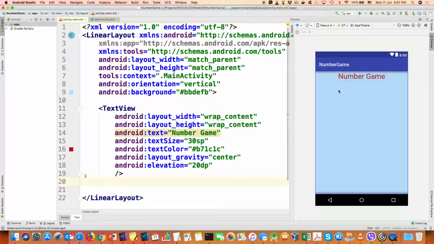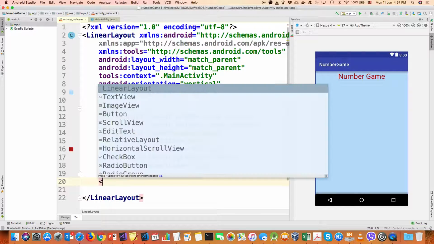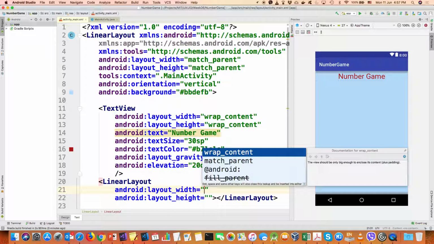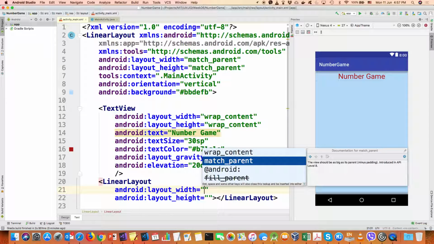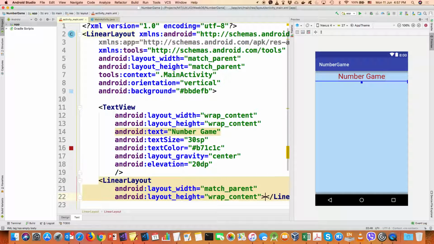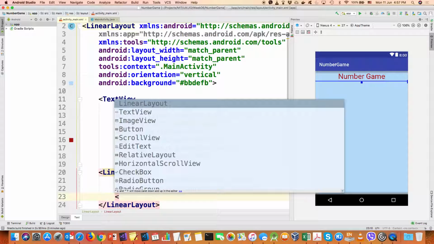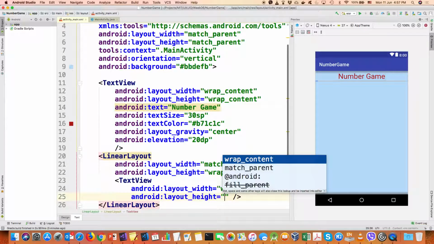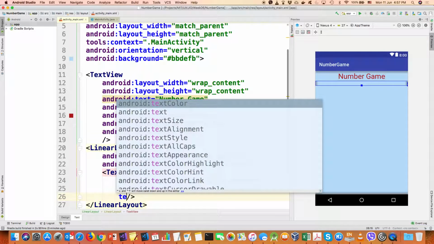Okay, and now I want the user to give me the name before he wants to play the game. Okay, so I say that I have a linear layout again. Why? Because I want to put name, and then right in front of that name I want to give an input field. Okay, so I say match parent, wrap content, and here I want to give a text view, wrap content, and the text is